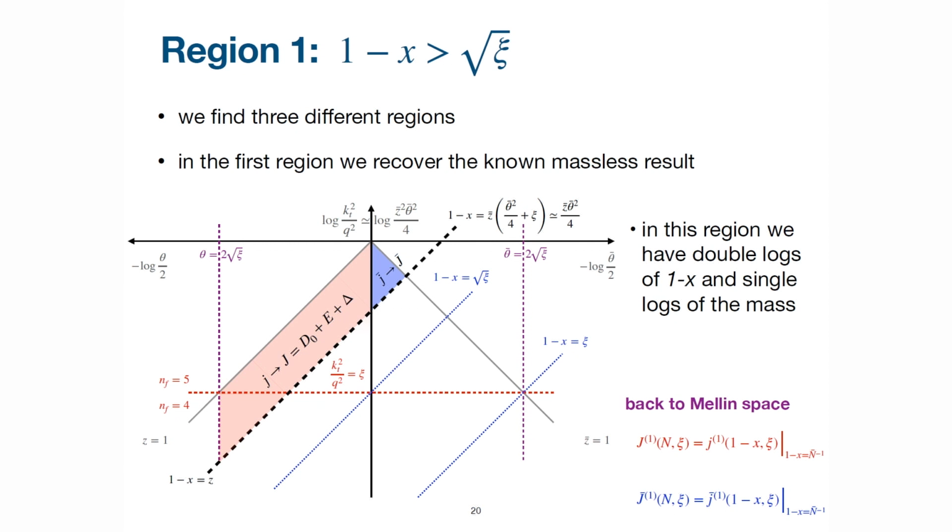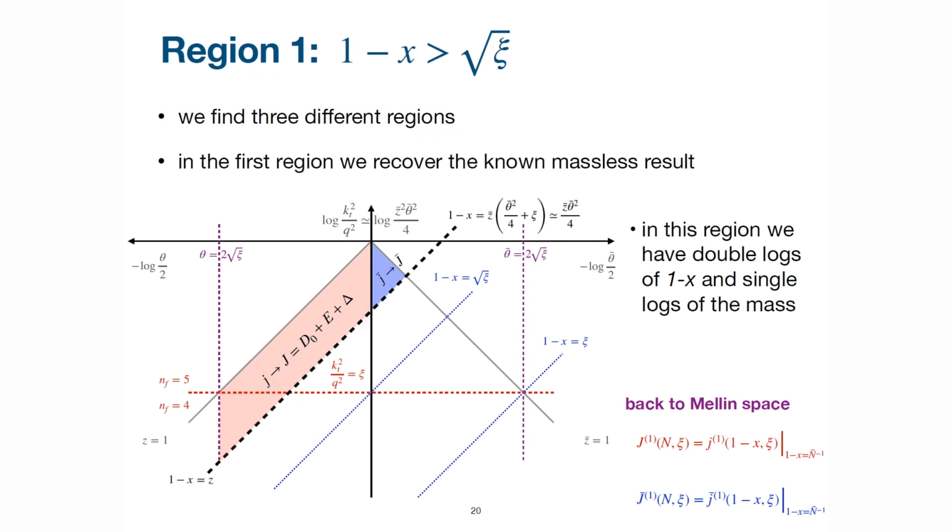So if you are in a region where 1 minus x is bigger than square root of psi, you're here. So this is the jet function, in red, the jet function of the B, and in blue, the jet function of the B bar. In this region, you essentially reproduce the calculation by Cacciari and Catani because you are far away from any threshold. So the calculation lives, apart from the initial condition, in the 5 flavor region,